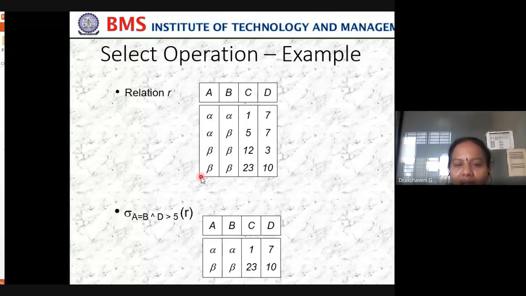Then the first and the last are eligible for our selection: alpha alpha 7 and beta beta 23 10. This is our filtered table from the original table. R is our table, and out of it we want only this much. Out of 4 rows we have selected only 2. That is what is called a select operation.